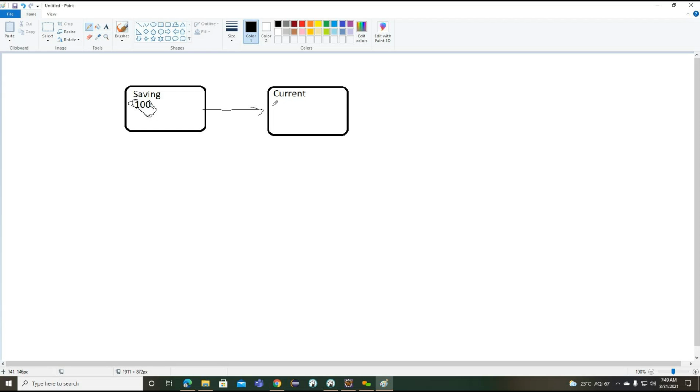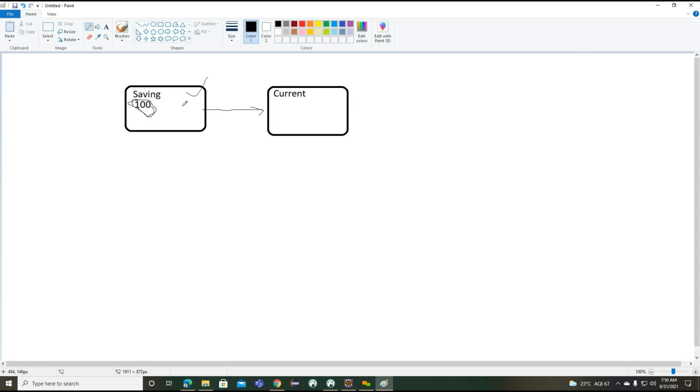Getting the point? So here, who is going to get the benefit? By transferring the amount here, the transfer failed based on some network issue or bank server related issue. Getting the point? So due to different issues, the amount is not yet credited into the current account here. Who is going to get the benefit here?